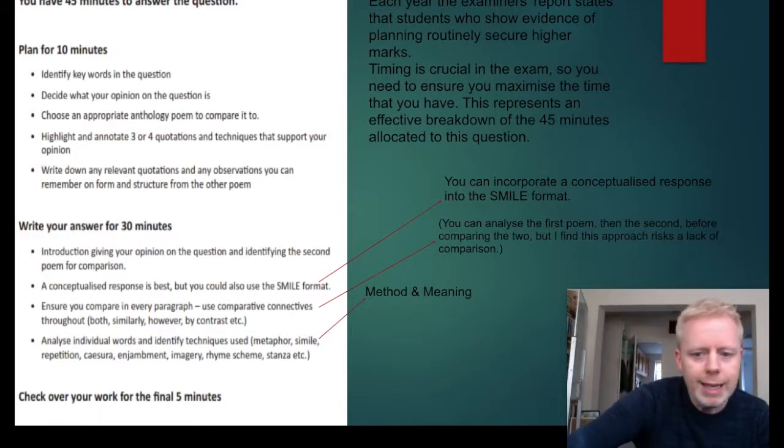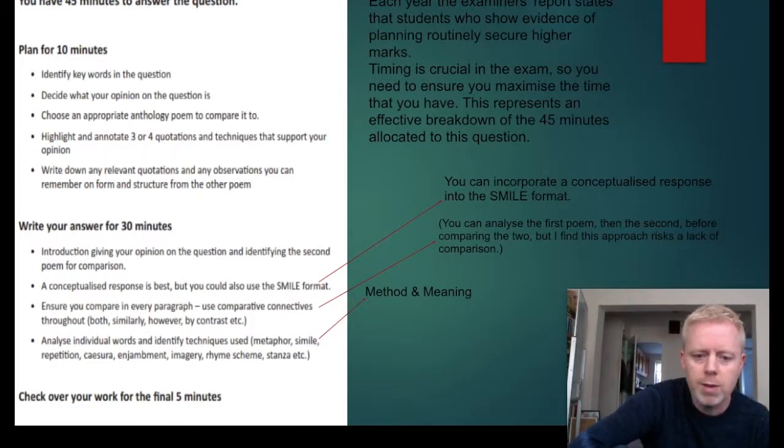Actually, this helps. The examiners insist that a plan is crucial. It helps you structure your answer properly. Every examiner's report I've ever read states that students who show evidence of planning routinely secure higher marks in their exam. So you've got 45 minutes for this question, so 10-minute plan, 30-minute writing, and 5 minutes to check over